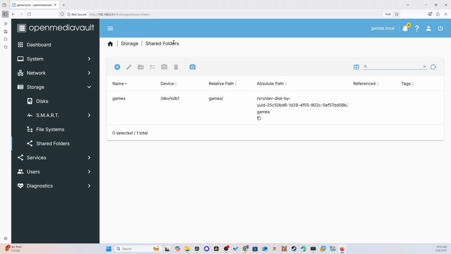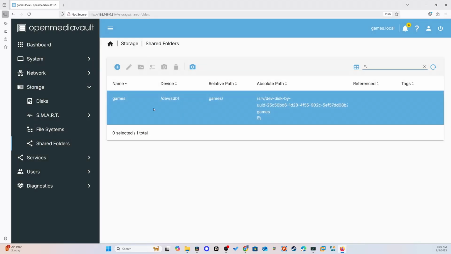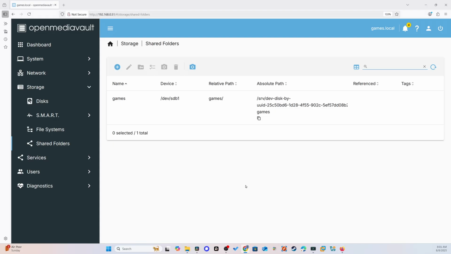Now on the shared folders page, we see the shared folder we created. Okay, so now let's go to the next step. On the MiSTer FPGA, I'm going to be using the Samba protocol in order to access the shared folder here. However, Samba is not enabled in Open Media Vault by default, so we're going to have to set up Samba here. And to do that, we go to Services,